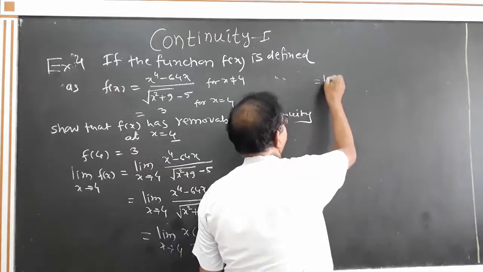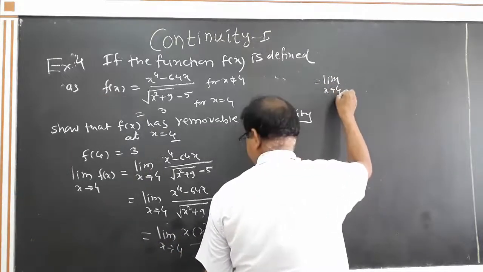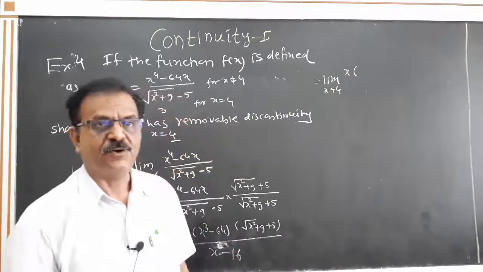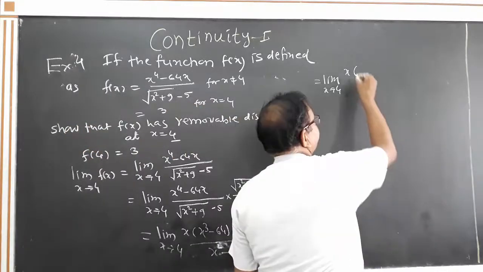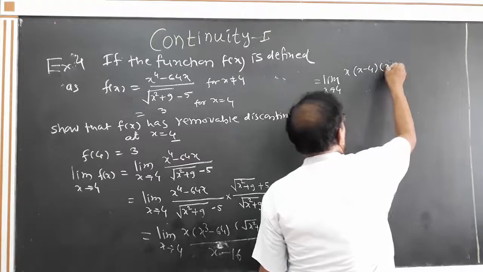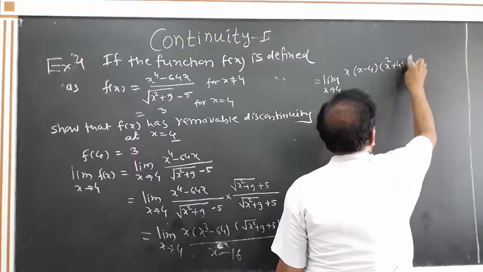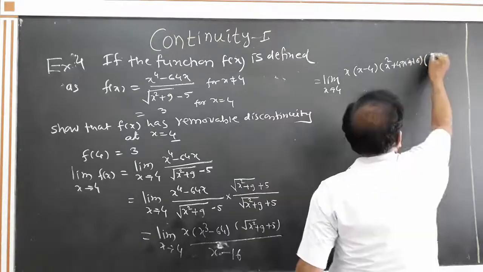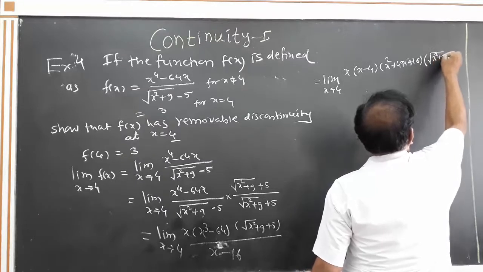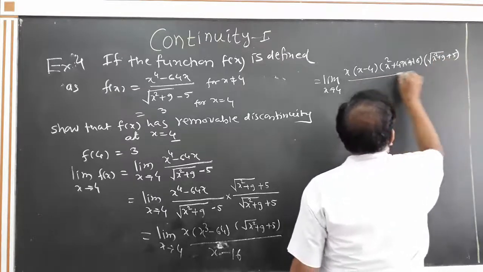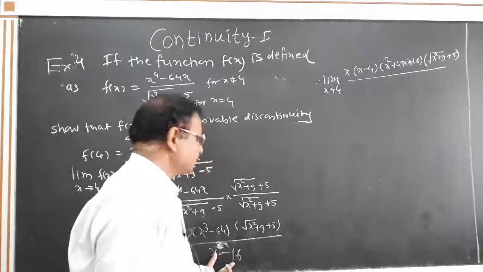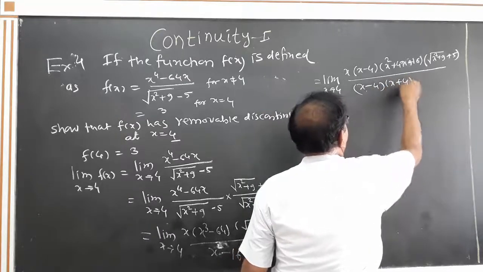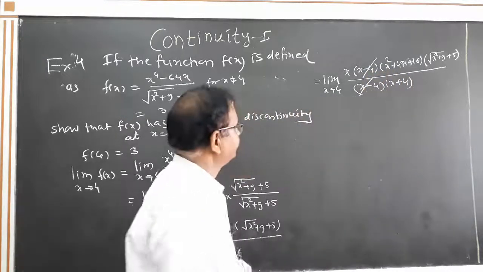This is equal to limit x tends to 4 of x. What are the factors of x cube minus 64? It is of the form a cube minus b cube, and therefore it has a factor x minus 4 into x square plus 4x plus 16 into, we have to write this term as it is, root of x square plus 9 plus 5 divided by factors of x square minus 16 are x minus 4 into x plus 4. Cancelling the common factor x minus 4, we get